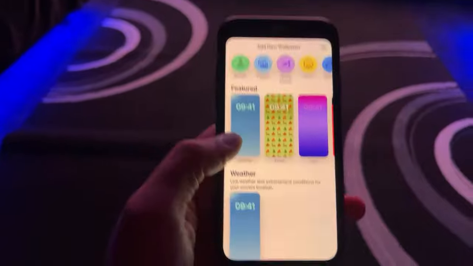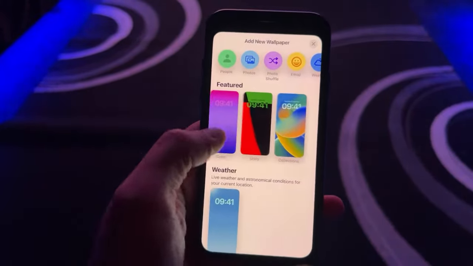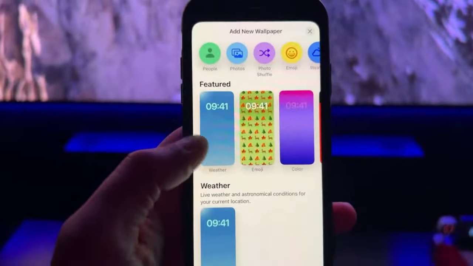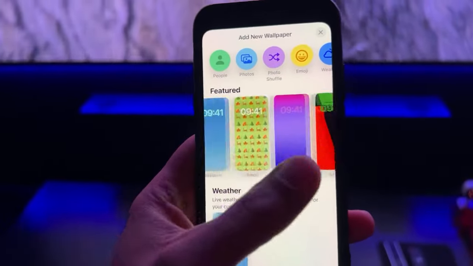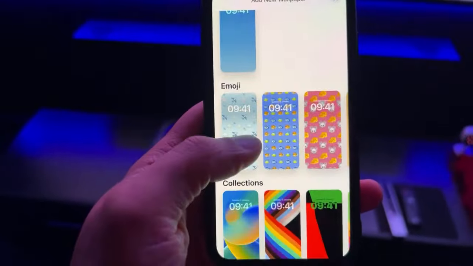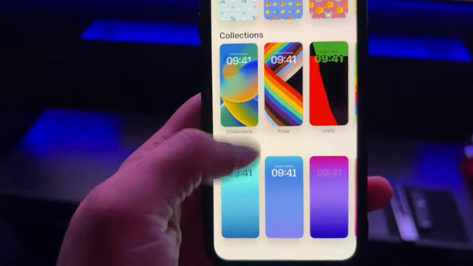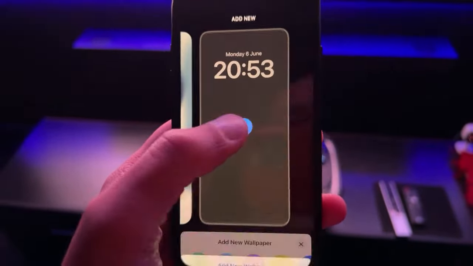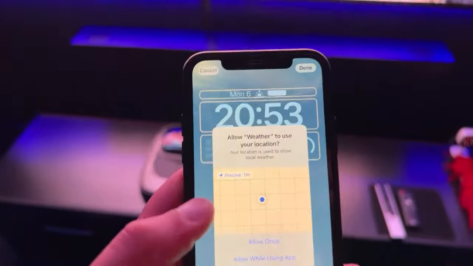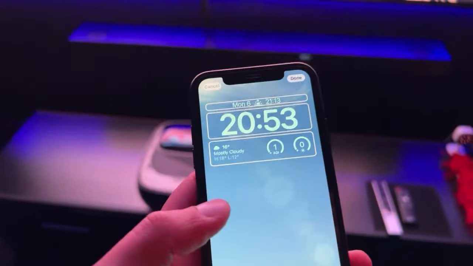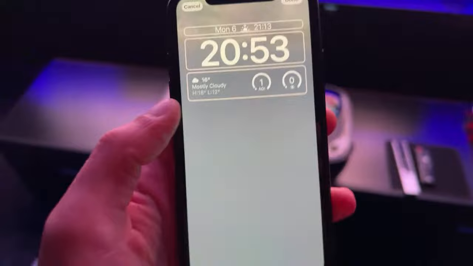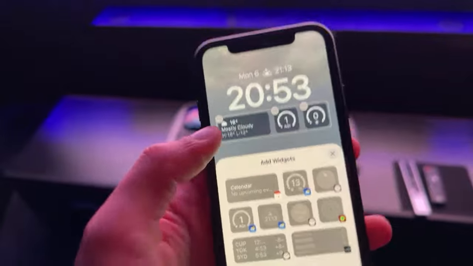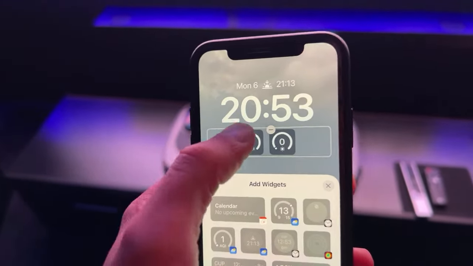So what we'll do is we'll create a new one, and these are all of the various built-in options. You could choose from themes that have already been created, collections, color, all that kind of stuff. And let's just use this, and this is where it's basically giving you the widgets and everything. So all you have to do is clear all of these out, and let's choose